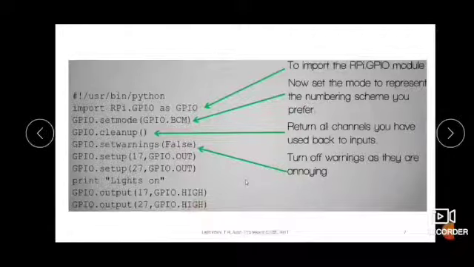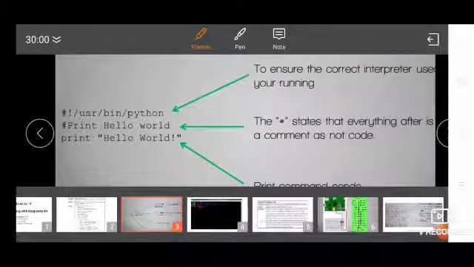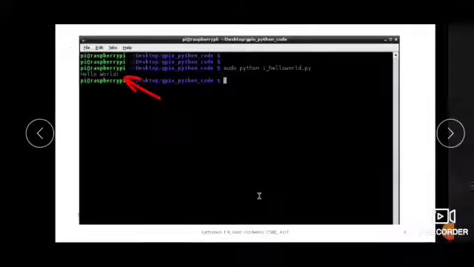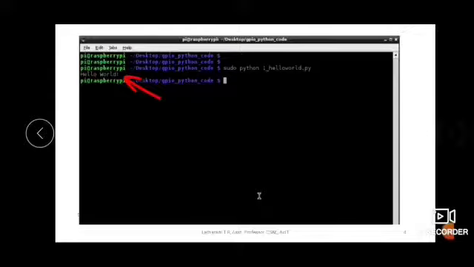This is how you write the program. I hope you understood how it is done. First we will take two pins 17 and 27 and make them output pins. Then we will pass the value high on those pins, which will make the LEDs connected to those pins glow. Okay, so that is how the execution will be done.